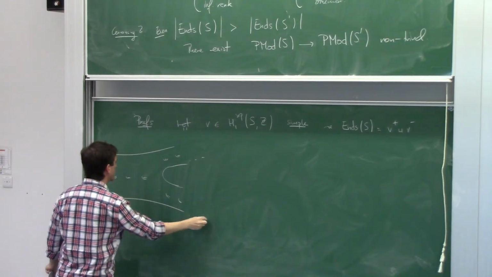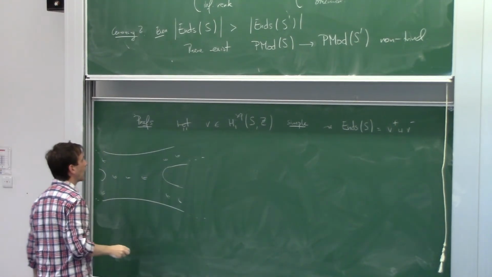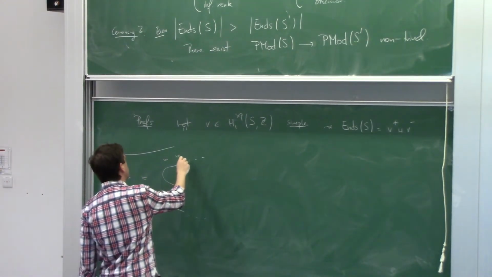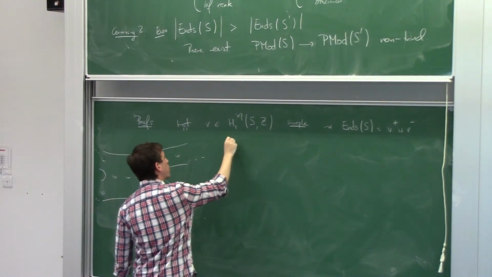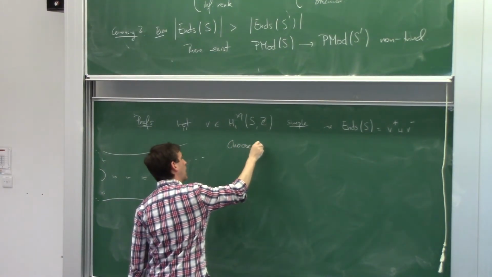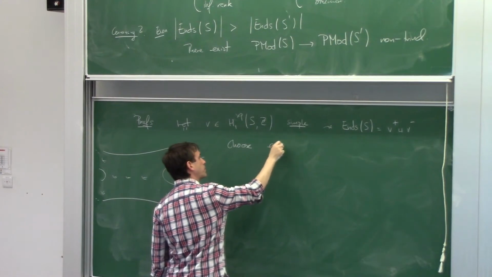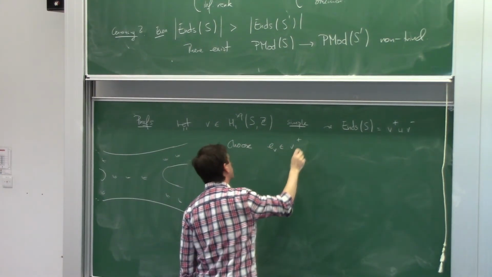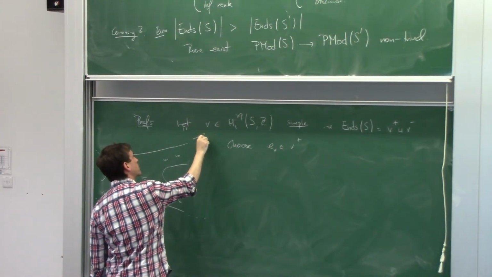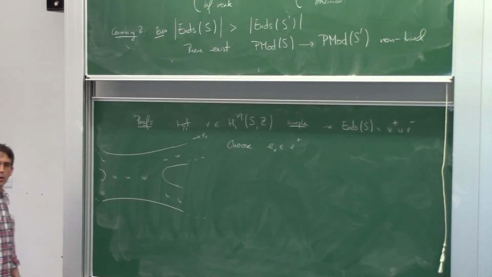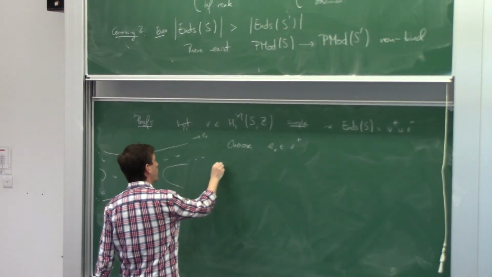So the surface continues like that, maybe. And then I'm going to choose once and for all some n, say V plus. So the n is here. Some n, and I'm going to fix it. And then the first thing I'm going to do, so step 1,